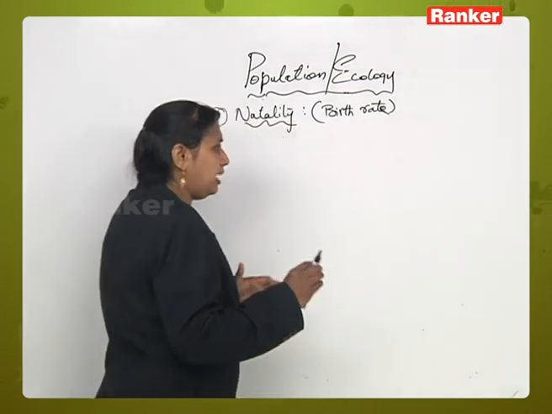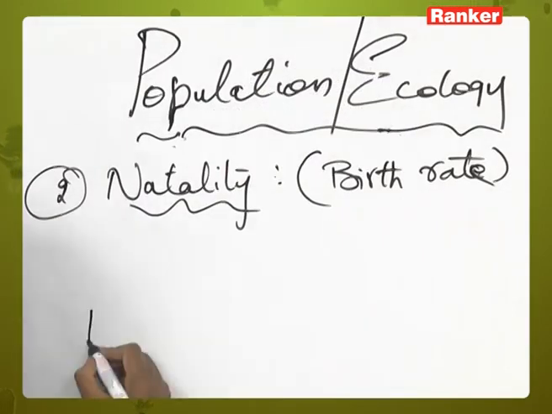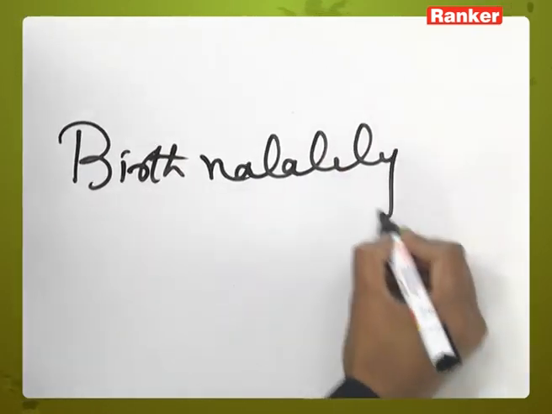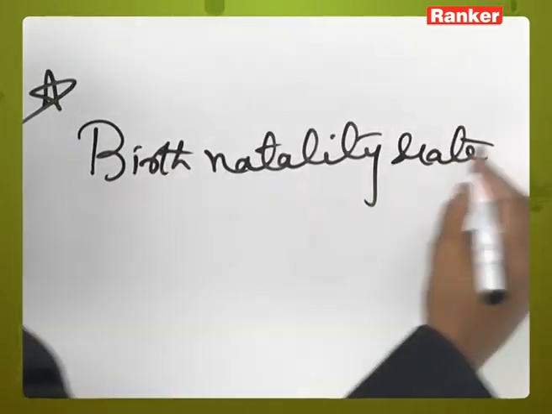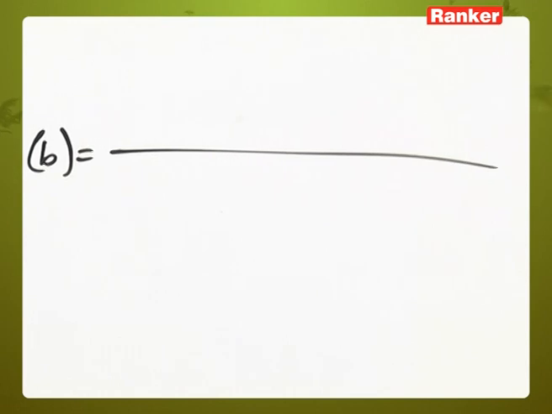Now, this birth rate can be measured by a formula called the natality rate. These formulas are important when you are doing multiple choice questions. This is represented by B is equal to number of births